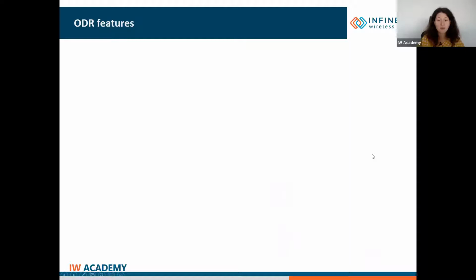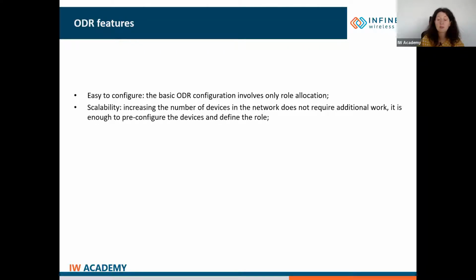From the list of features of the ODR protocol compared to static routing, we mention that it is easy to configure. The basic ODR configuration involves only role allocation. Scalability: increasing the number of devices in the network does not require additional work. It is enough to pre-configure the devices and define their role.